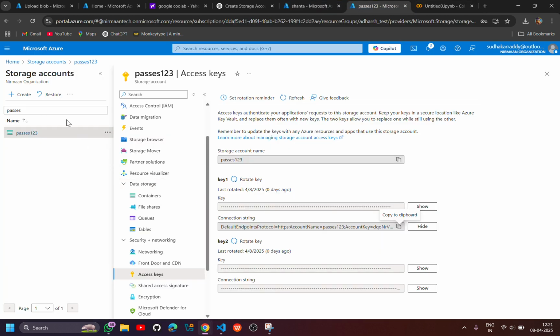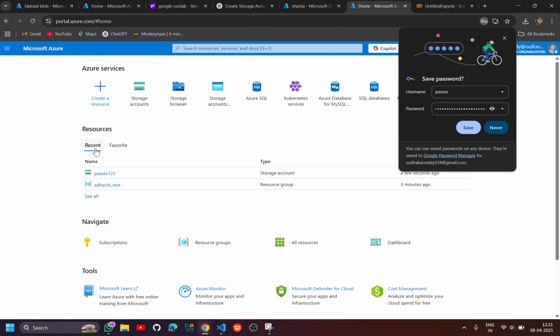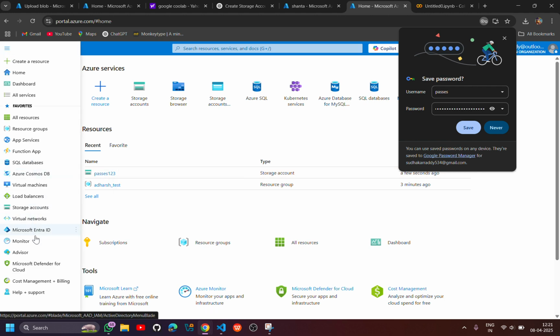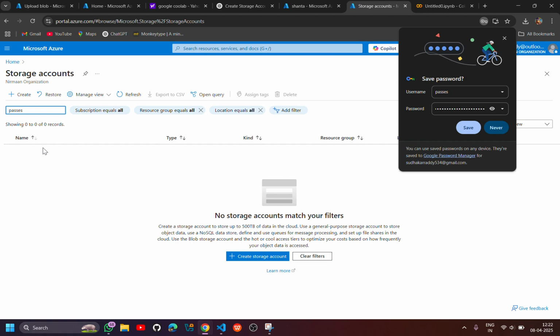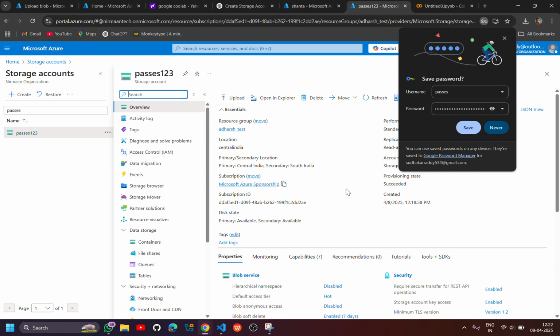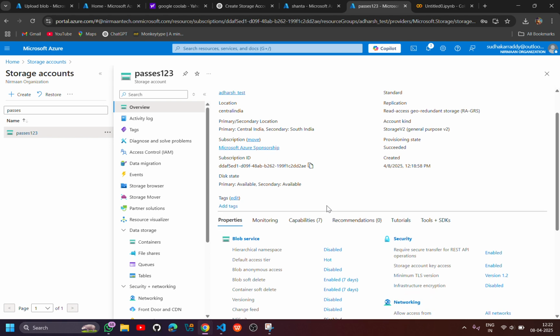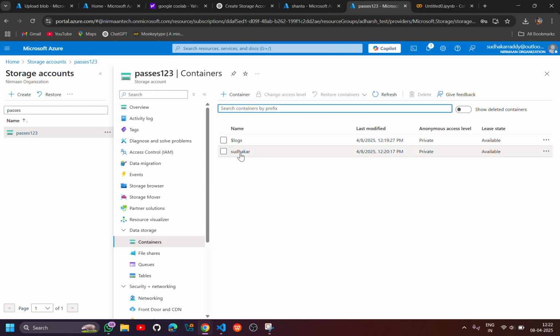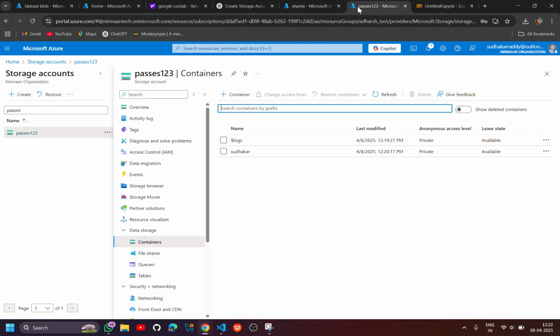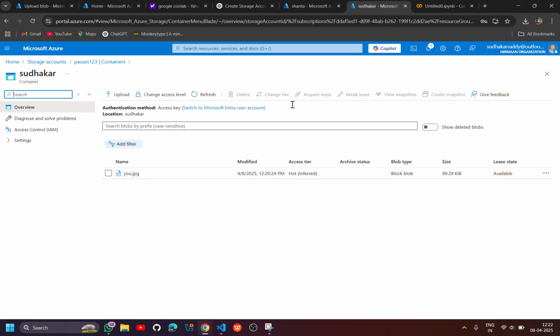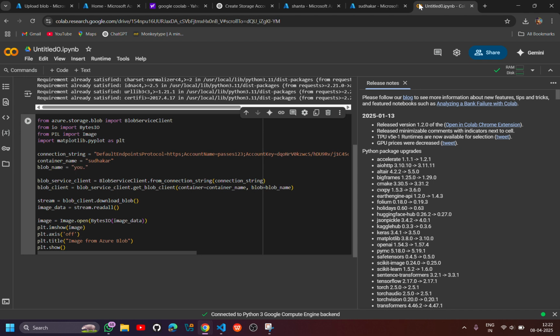Let me look what is the container name. Storage accounts. Let us look over right here. Here containers. We are going to look our name called Sudhakar. We have uploaded the image name called view.jpg. We have to replace that with you.jpg. Okay. We have successfully done with this code and we have to run